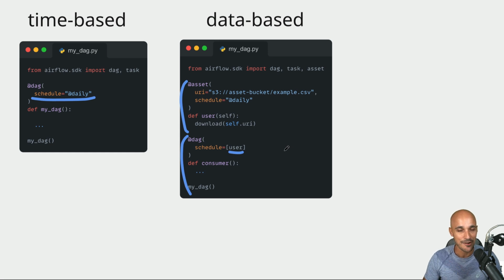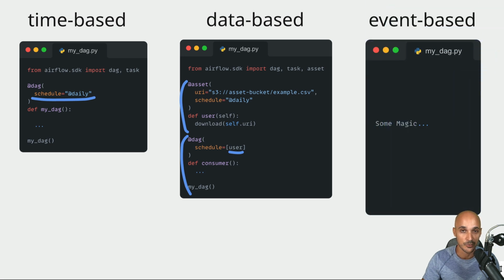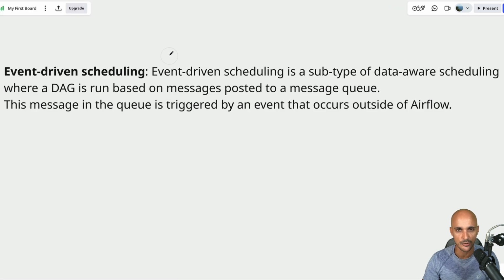But since Airflow 3.0, you have another way of scheduling your data pipeline, which is based on real-time events. Event-driven scheduling, if you don't know about it, is a subtype of data-aware scheduling. Remember, when the user asset is materialized, that triggers the data pipeline. This is data-aware scheduling. Well, here, event-driven scheduling is a bit different because your DAG runs based on messages posted